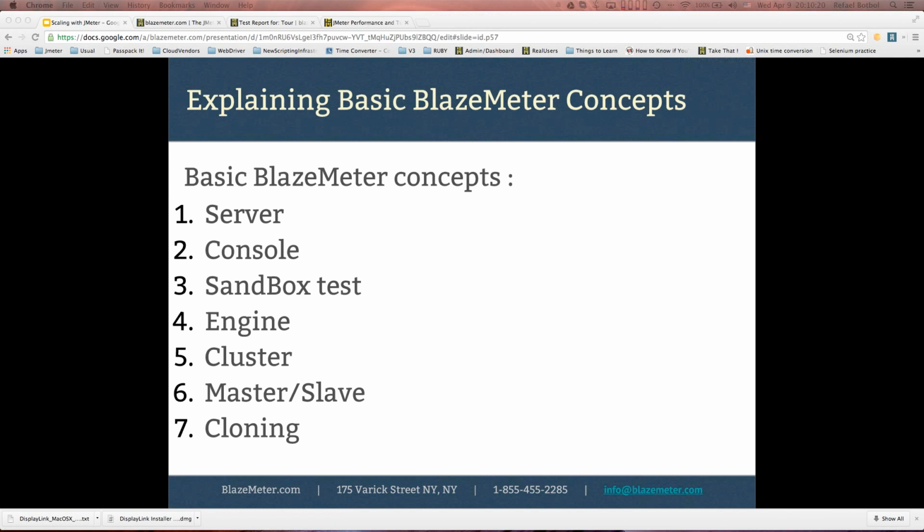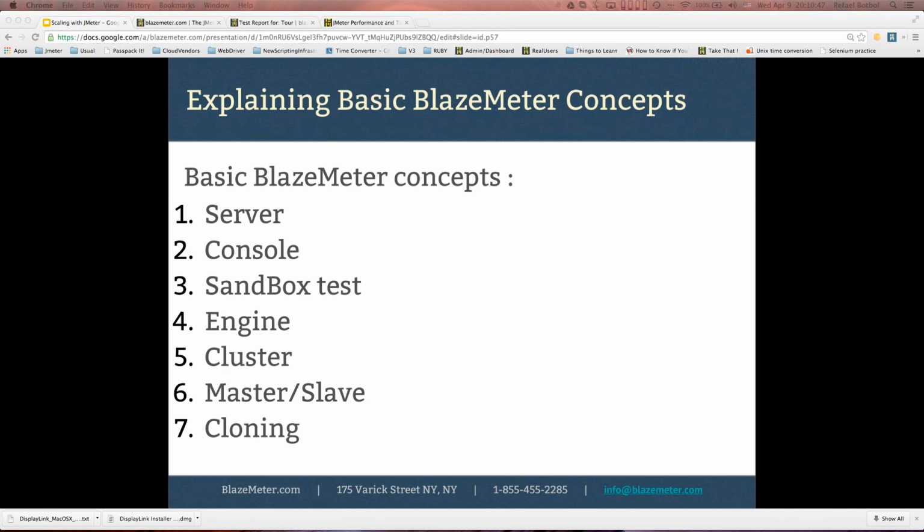In JMeter you can't do it, because you have to create all the JMeters in separate regions. In BlazeMeter, you can simply create as many slaves as you want, and each slave can have its own configuration. So for instance, it can have its own region, unique JMX script. You can have network emulation properties, and therefore